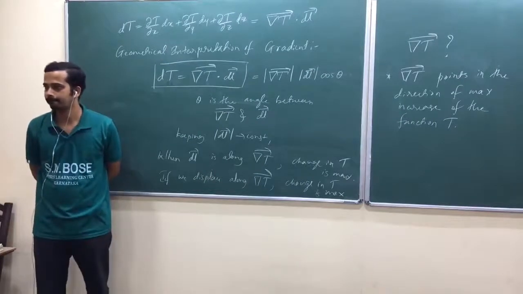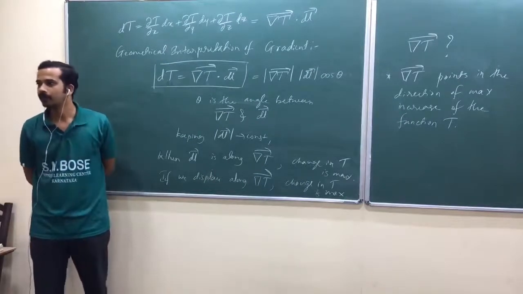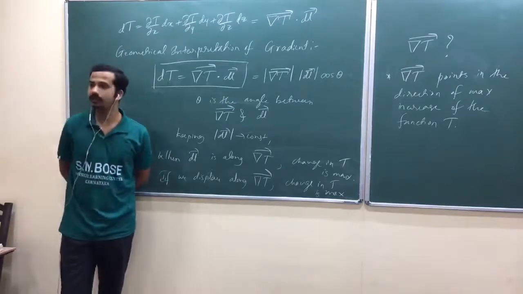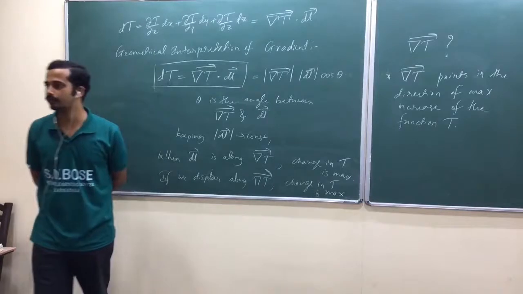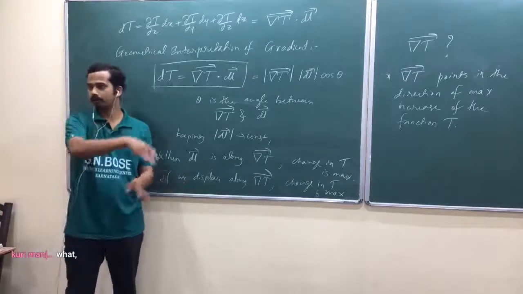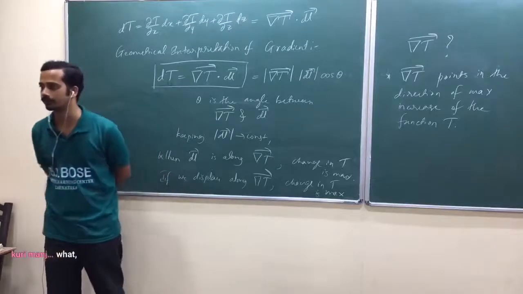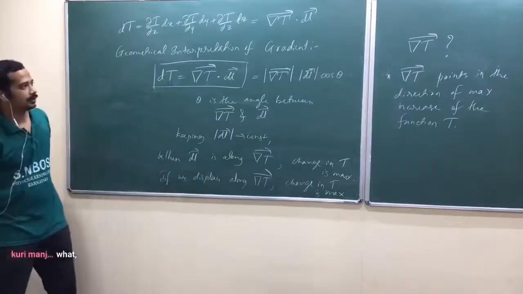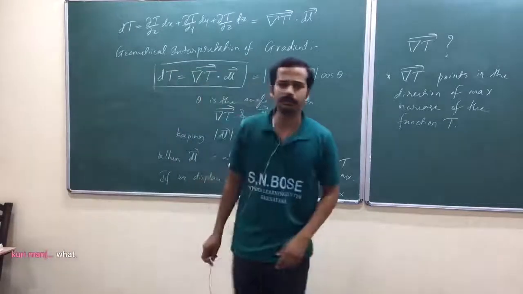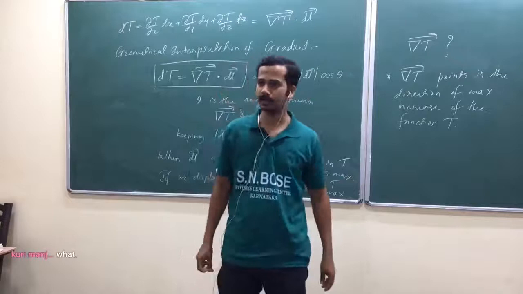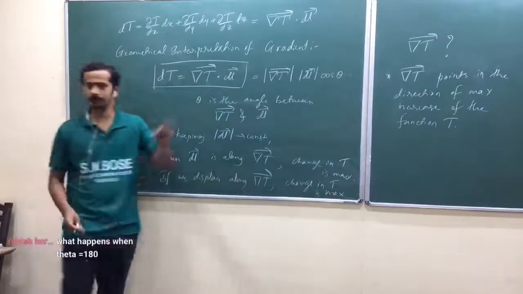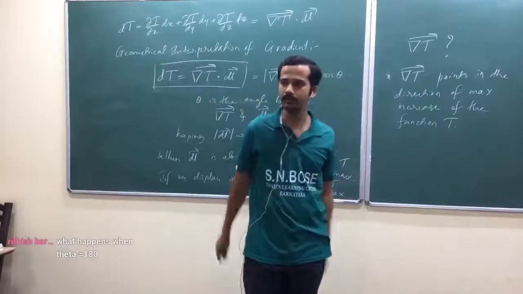Gradient is a vector. Why did you say it's a surface? Wait a second. You can define a surface using gradient. I think you might have confused with it. You can define a surface with gradient dot product with something. You can have an equation of surface. I think gradient at any point may give a normal to the surface. Am I right? That's what you are trying to say. It will give the direction normal to the surface. If you take gradient at any point, it will give normal to the surface.